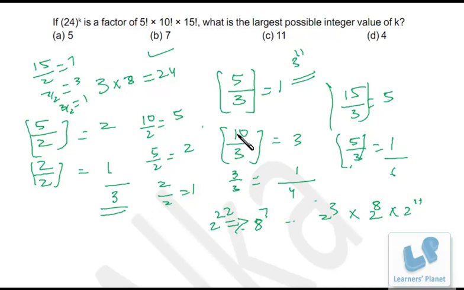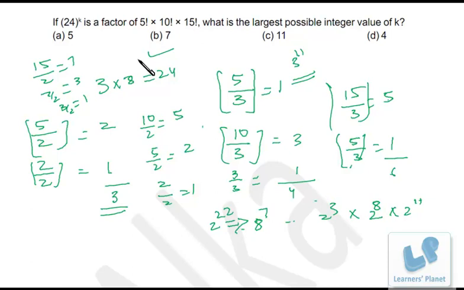Now here friends, some time can be saved if you don't calculate the power of 3, because we are interested in combinations of 3 and 8, right? And obviously there will be more 3's than 8. So extra 3's are not at all required. We just are interested in 8's. As many 8's as there are, those many 3's will be required, right? So instead of calculating the power of 3, you can directly calculate the power of 8. And the other important thing over here is, do not directly divide 5, 10 and 15 factorial by 8, right? You have to divide them by 2, because whenever you have to find out the highest power of any factor, the factor has to be prime.